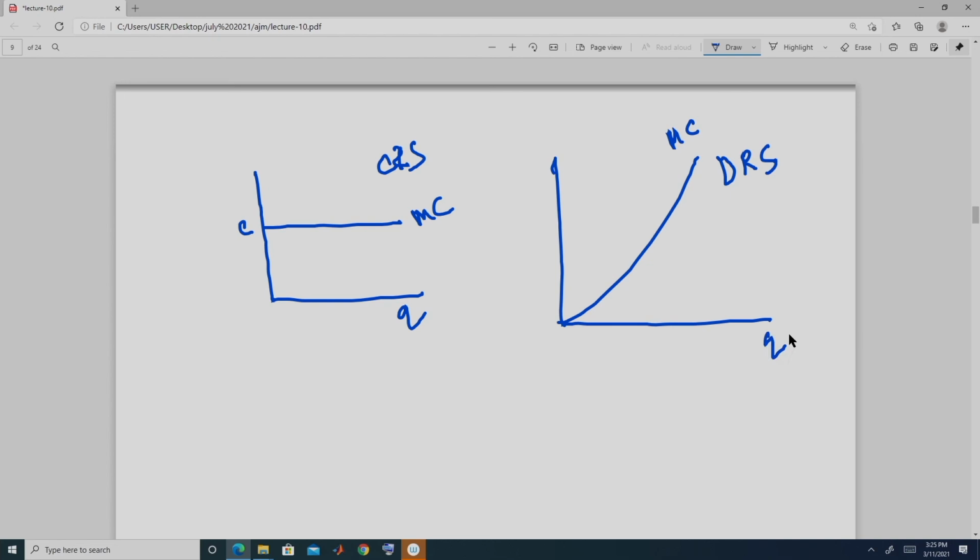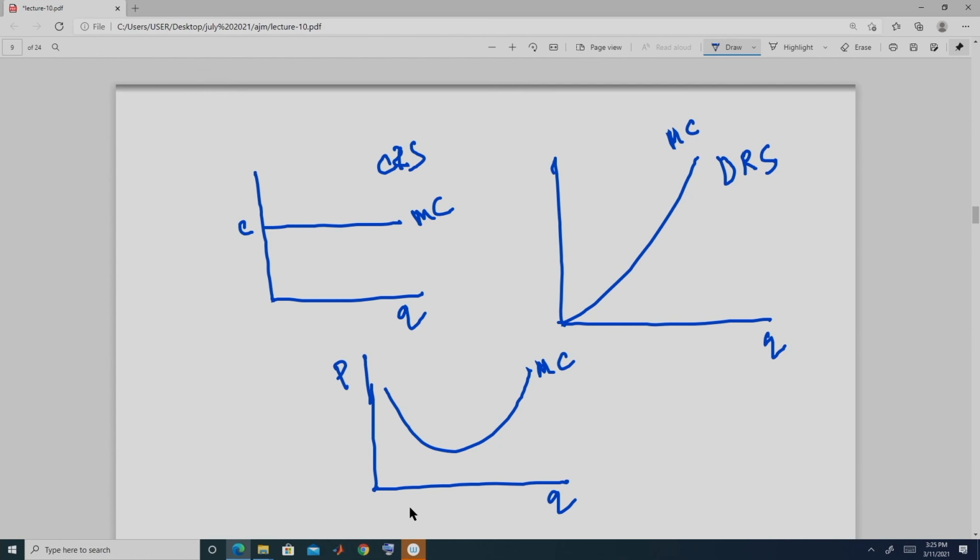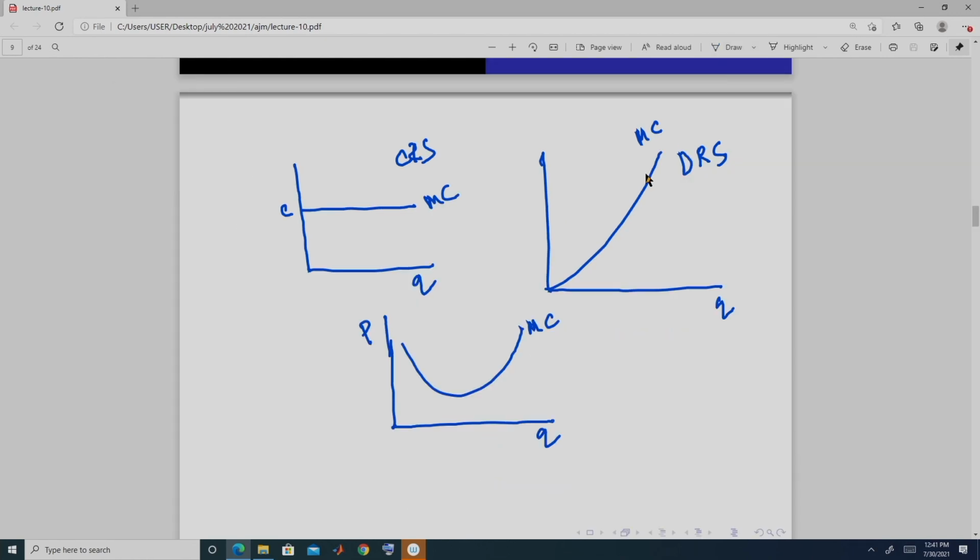So, we consider only these two forms, but there is a possibility that we may have a marginal cost like this. We do not introduce the optimization that we are going to do, but we will consider this case separately later on, you will see. So, this is one example of DRS we have,